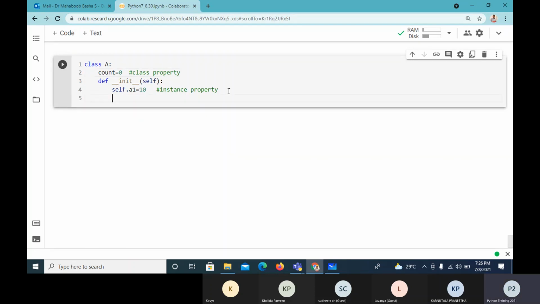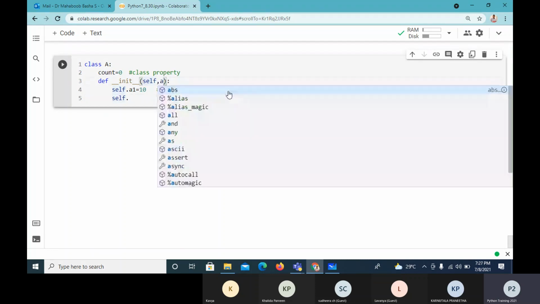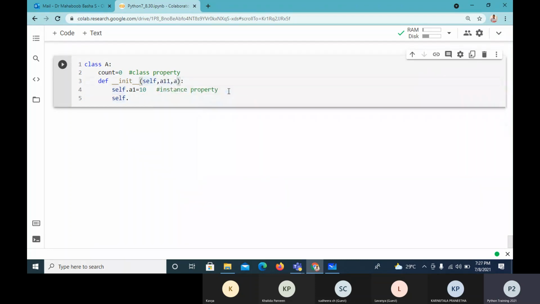Take one more self. Better I'll take parameters, because with different objects the values differ, A11, A12. A1 equals A11, A2 equals A12.